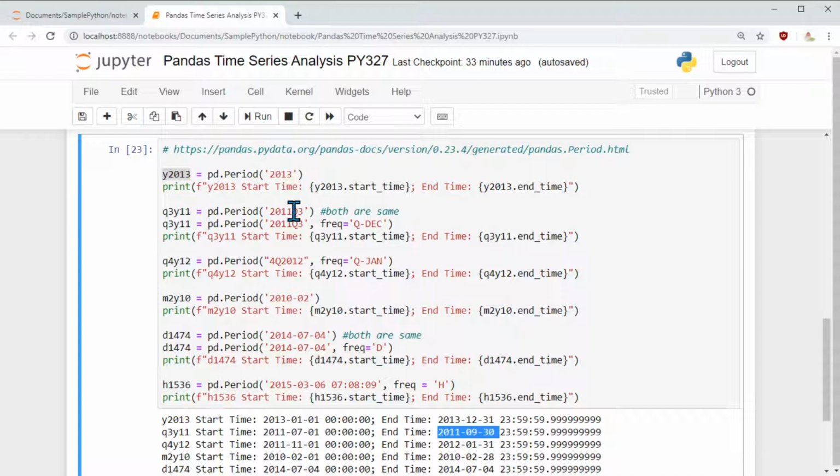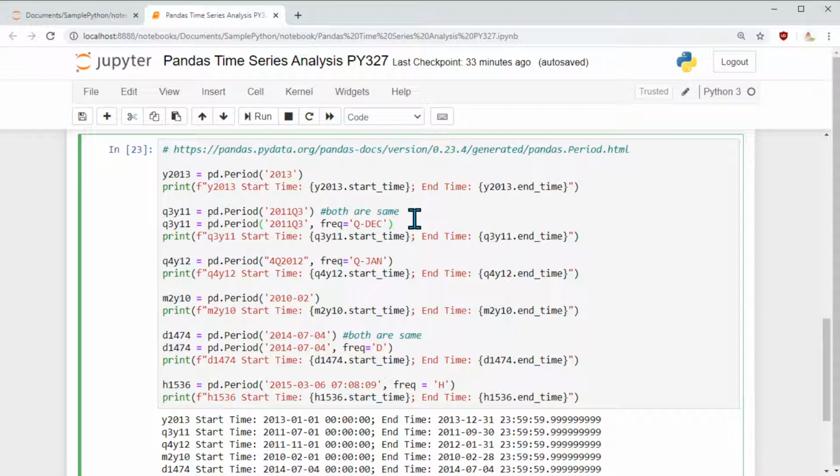Instead of saying by, here I haven't specified my frequency, but here I am specifying it. It doesn't matter because by default it will take quarter ending December. But there are times you want to do some analysis where your quarter does not end in December; it ends in January or February.